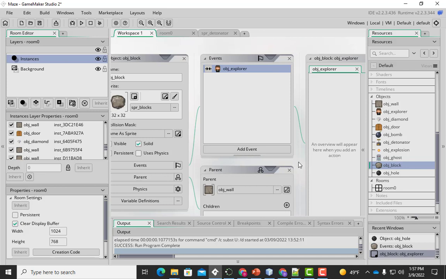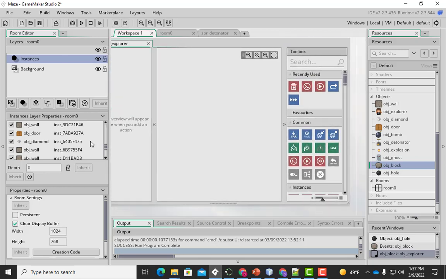Okay, so what do? Well, we've got a couple issues. Our first issue is that the explorer can be going lots of different directions. That's the first thing. And it's really, really hard to keep two sprites kind of in lockstep. So what we're going to do is we're going to scoot the boulder a little bit at a time. And so how do we do that? We would say,